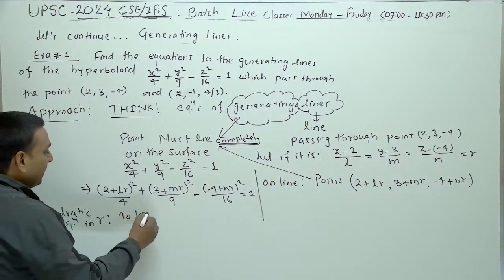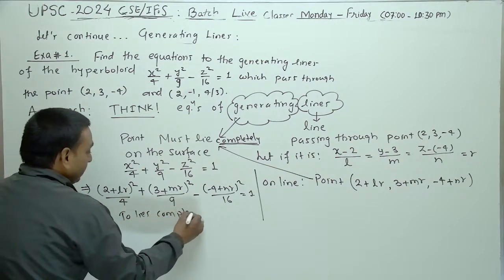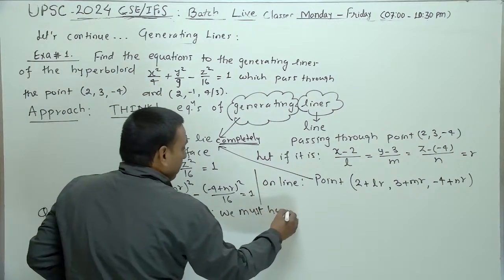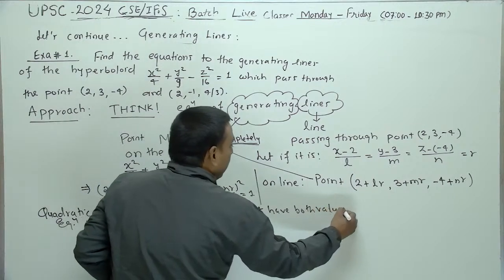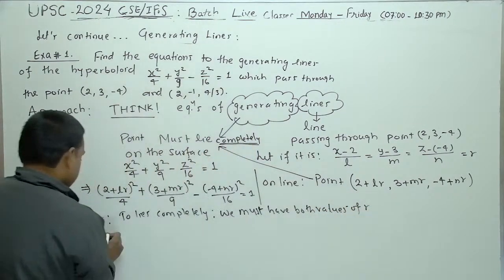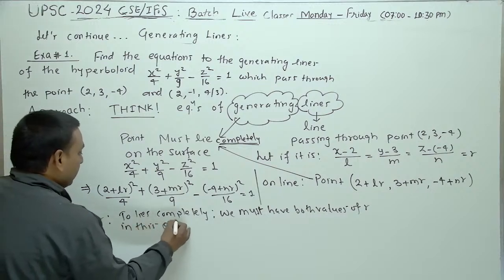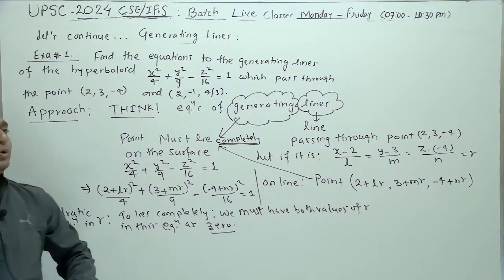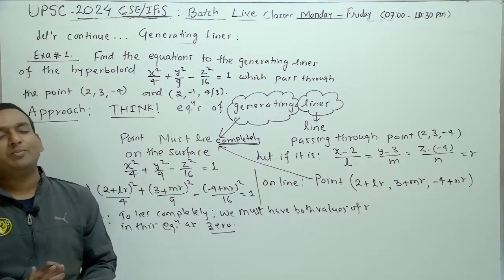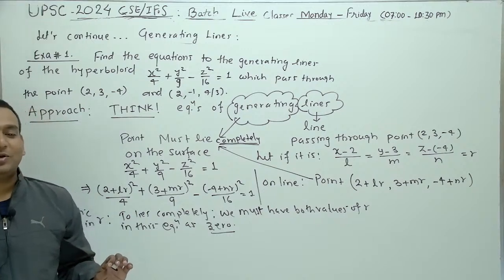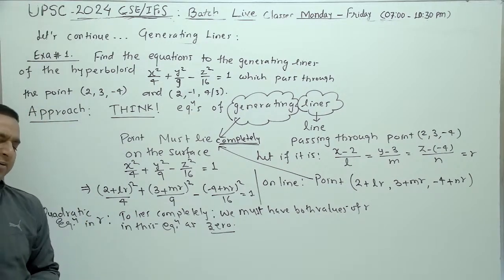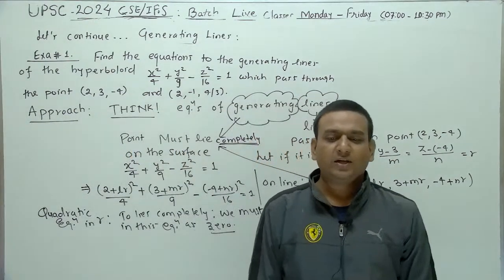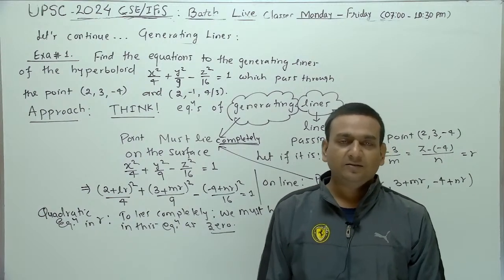So to lie completely, we must have both values of r in this equation as 0। मुझे लगता है जितना ब्यूटीफुली हमने इस पर काम किया है, इससे ज्यादा बोलने की जरूरत शायद ही हो। बोलिए कोई भी लोग, anyone if you have any single doubt please ask। मारिए ना गोली, टर्म मैनेज हो रहा है नहीं हो रहा है, उसको डेफिनेशन से जाते हैं।